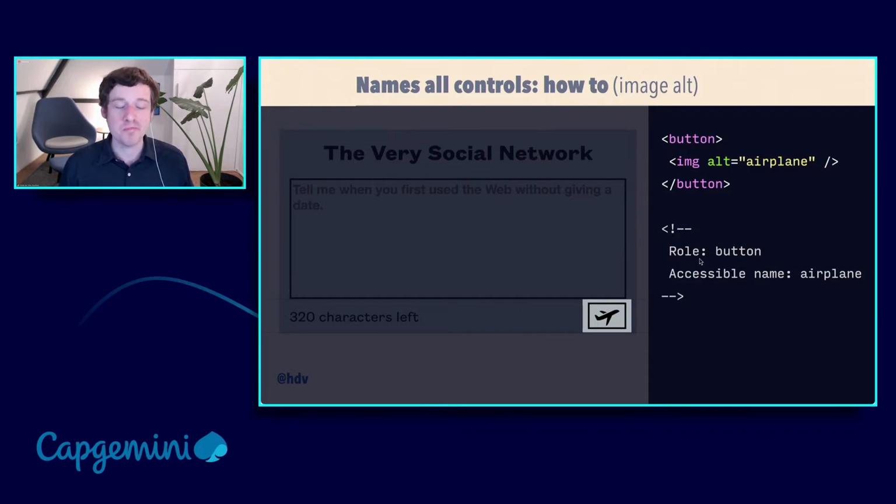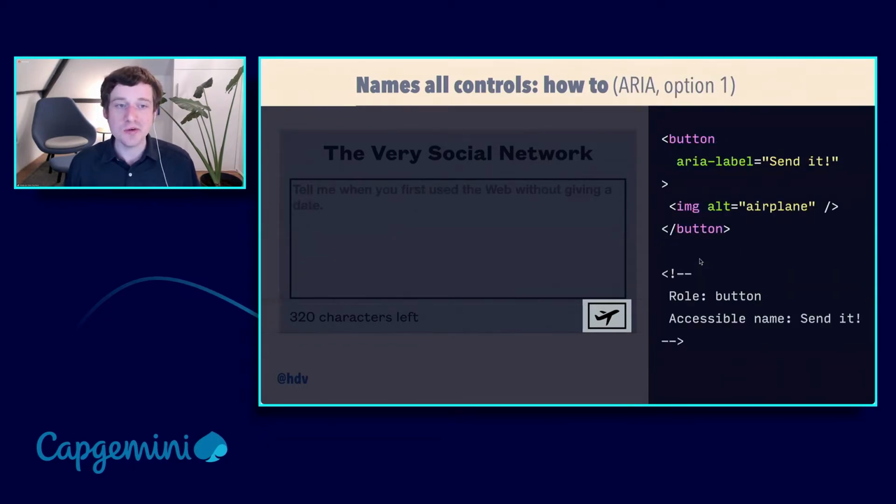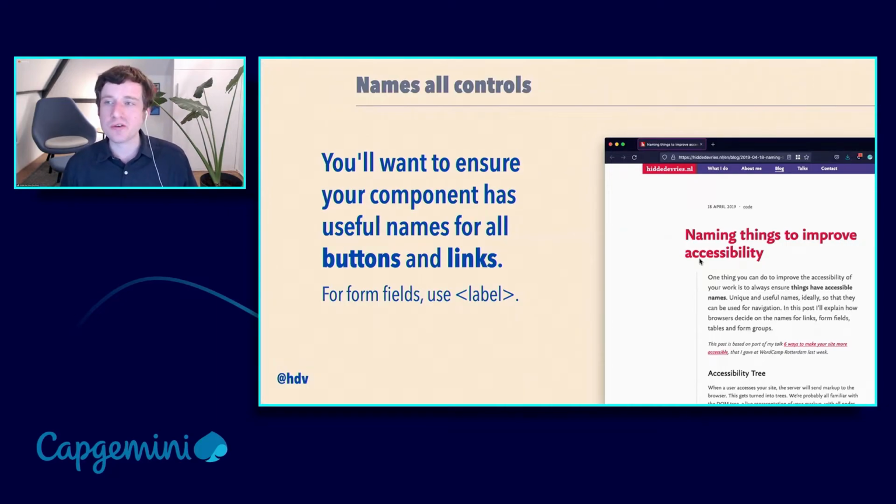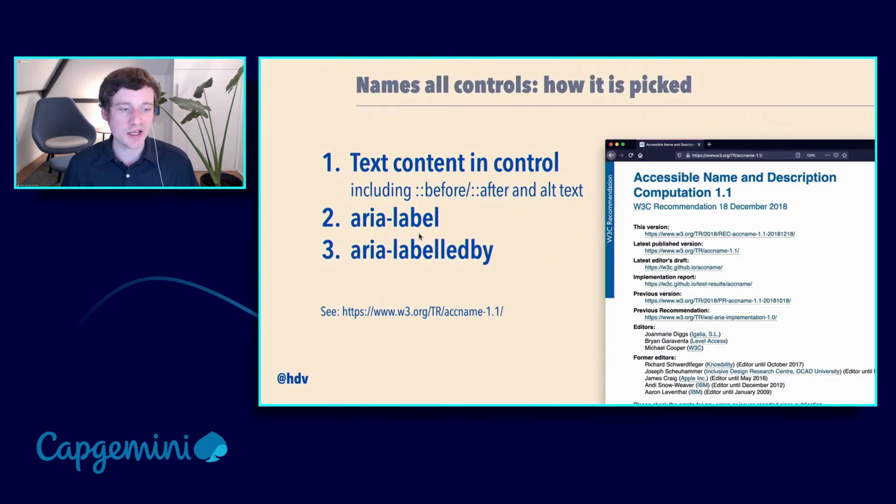So you want to make sure that the name makes sense and that it correctly describes what that button is going to do or what that link is going to do. So in this case, aeroplane is not helpful, and you want something like send it. You can put that in the alternative text, or you can put it in an aria-label attribute, which will name that element. Or you can use aria-labelledby and refer to another element on the page. So that refers to another element that has an ID of H. So that's underneath the span with ID H, and then it's going to take that name from there. So basically you want to ensure that all of the components in your interface have useful names for all of the buttons and links. There is a specification at the W3C that exactly describes